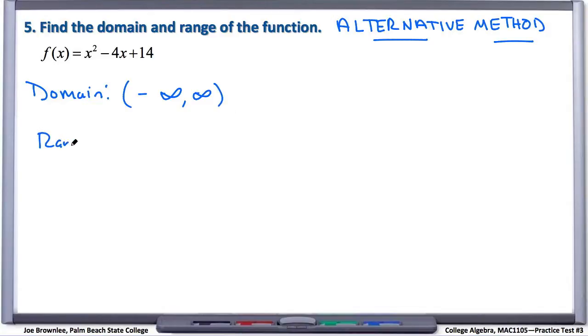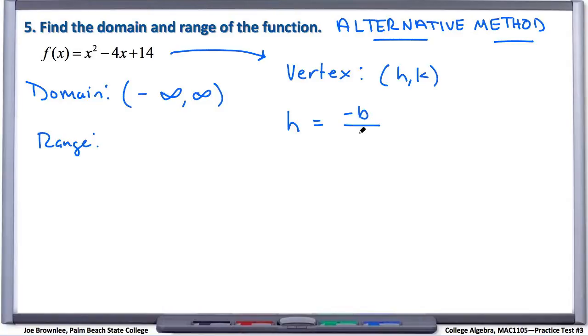But now to find the range, instead of completing the square, we can go ahead and actually use the information from the standard form to find the vertex. So to find the vertex, recall that the vertex is defined as the point h comma k, right? We've talked about that. And to find the vertex from the standard form, h is defined as negative b over 2a, and then the k, the y value from the vertex, is defined